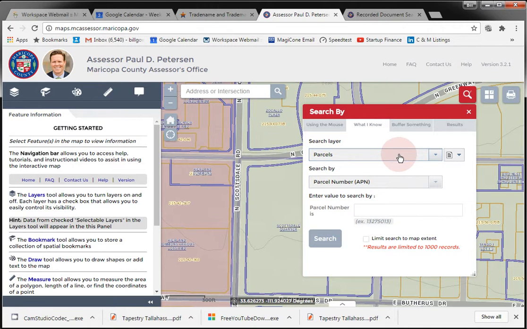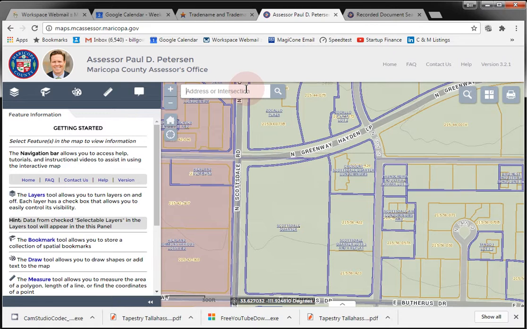In the real estate racket, they teach you all this stuff about sections and townships and parcel numbers and all that kind of stuff. That's a pain in the butt. This is where you can type in the parcel number here, which is pretty quick if you know what that is. If you don't, and you probably won't, you can just skip all this nonsense, get rid of that, and type in the address right here, such as